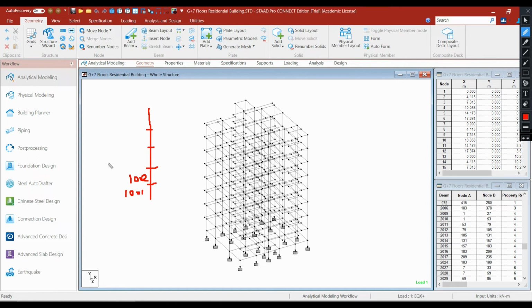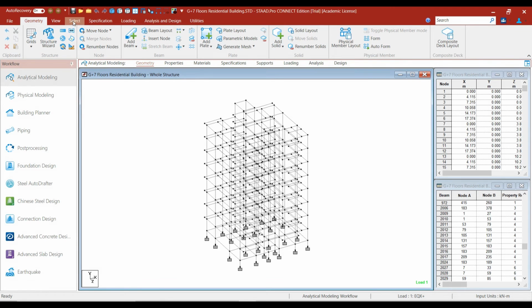First of all, I want to go in the y direction. Then if I have another column here, I want to go in the x direction. So first y, then the x direction, and then the z direction. The order in which I want to renumber my columns is y, x and z. So in STAAD I will input the reverse order, that is z, x and then y.